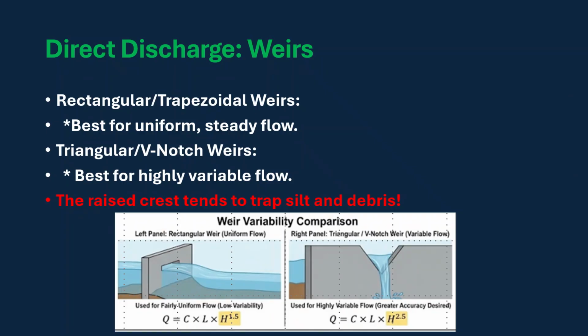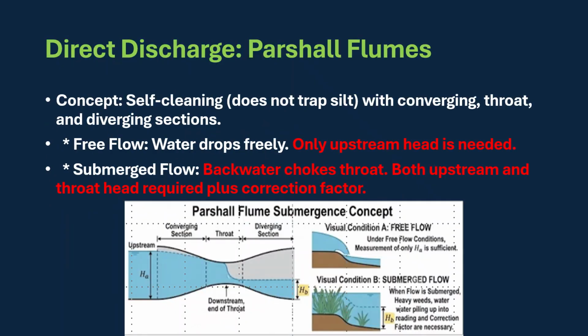So to solve the silt problems, we use flumes, especially the partial flume. Because the floor of the flume is relatively flat, silt washes right through. A flume works by squeezing the water through a converging inlet, a narrow throat, and a diverging outlet. If the water drops cleanly through the throat, this is called free flow. It's easy to measure. You only need to read the water depth at one single point upstream, which we call